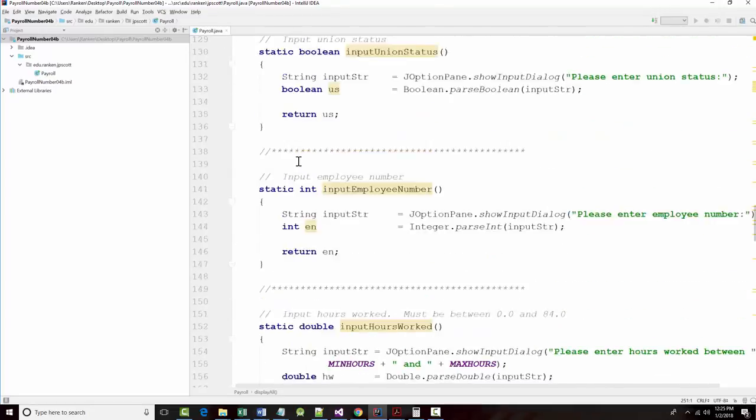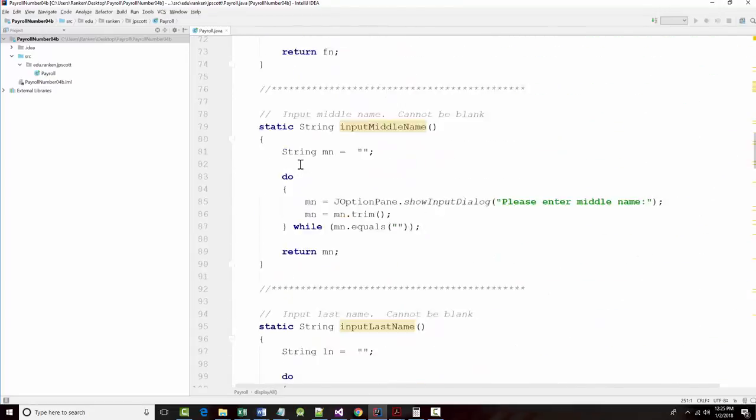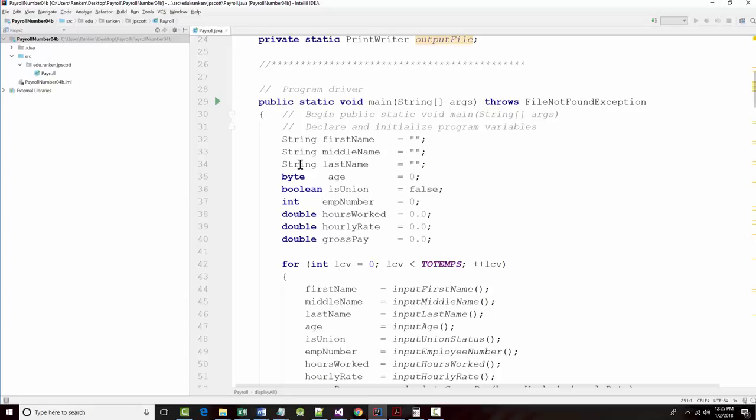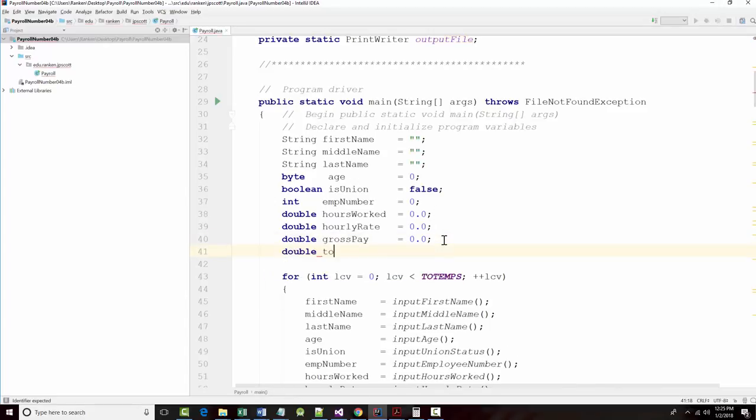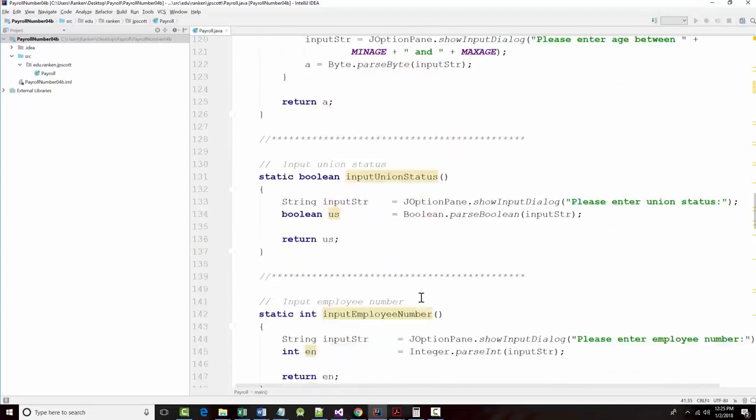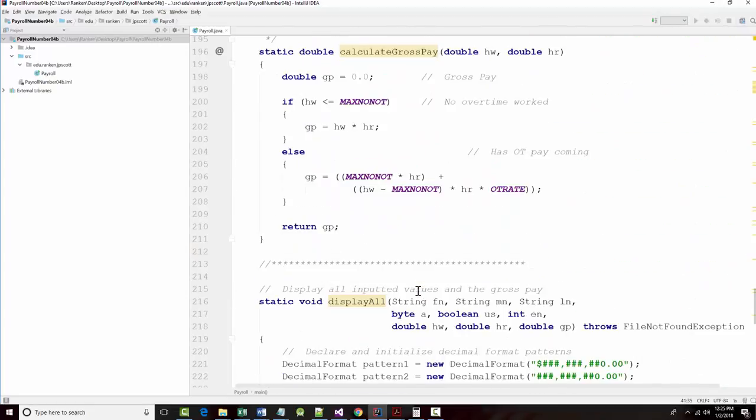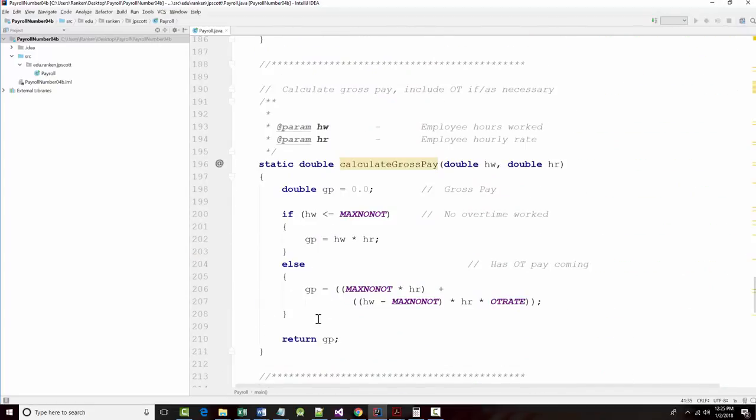Since I am going through 5 employees, well, let's make a thing in here that's called tote gross pay. We'll again set that equal to 0.0. And as we figure out the total gross pay, which was in our gross pay function in here,